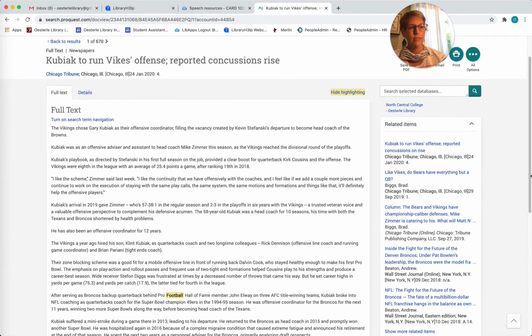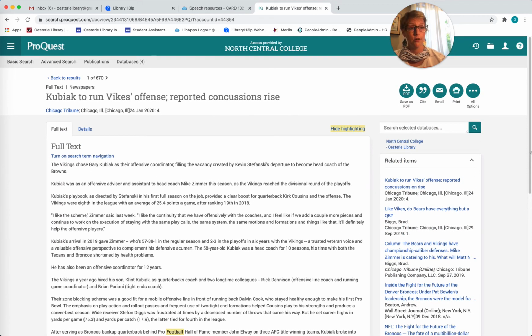The other thing I would like to mention in relation to organizing your searches. If you are one of the people who likes to organize their searches by copying and pasting links into a document or to an email to yourself to return to resources, and you would like the permalink or a stable URL for articles within ProQuest, you need to go to the Details tab next to the Full Text tab where we would see the entirety of the article.